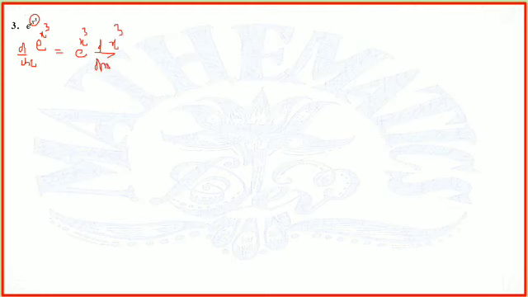Question number 3, exponential x power 3. Now look at here, this is the power of the exponential function, so you need to concentrate here. When you are going to differentiate it with respect to x, you will be writing exponential x power 3 as it is. Its derivative is as it is, exponential function x power 3. Then you will be differentiating the power. The power is what? x power 3. This implies exponential x power 3 into the derivative of x power 3, which is 3x square.